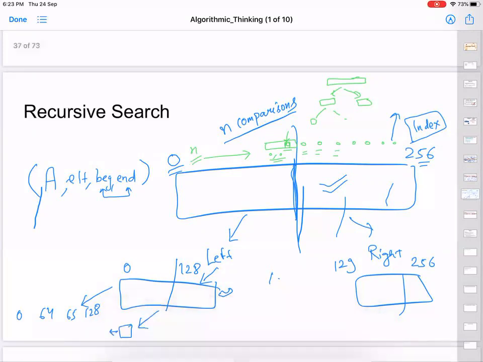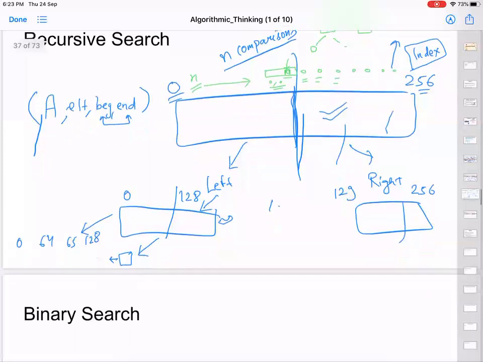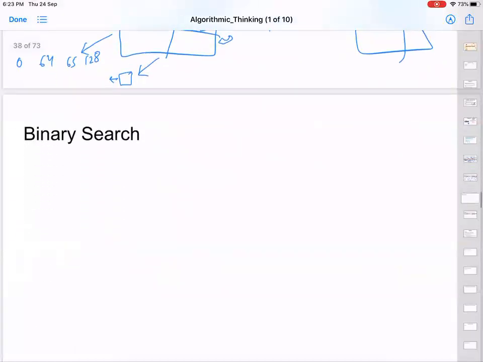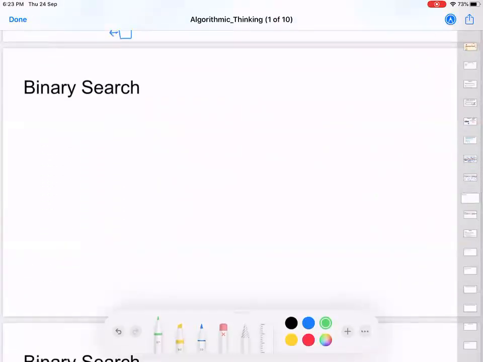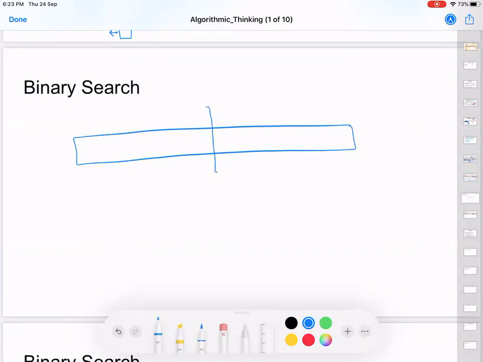So where it actually helps is in your binary search. As you already know, binary search is nothing but a special case of this search, which we just talked about. So let's say when I was given this array and I was dividing it into half and giving it to these two people, what I was doing here, now if you tell me that the array which you have given me is in sorted order, right? So I can actually reduce the workload here. How can I reduce it?